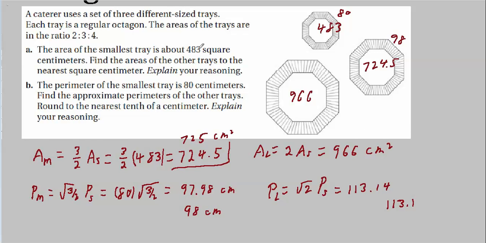So the only thing you had to do for this problem was remember how your ratios work. That's pretty easy. And then you have to remember that linear parameters will move according to the scale factor. Areas will move according to the square of the scale factor. Since they gave us the ratios of the areas, what they really gave us was the squares of the scale factors. So we had to take the square roots when it came time to find a linear parameter such as circumference.